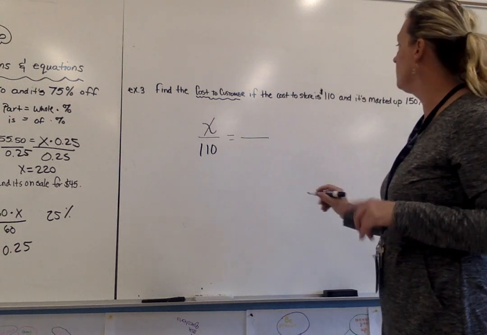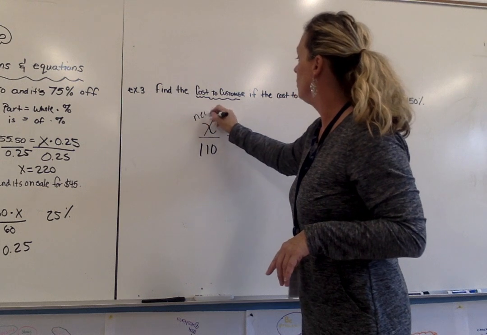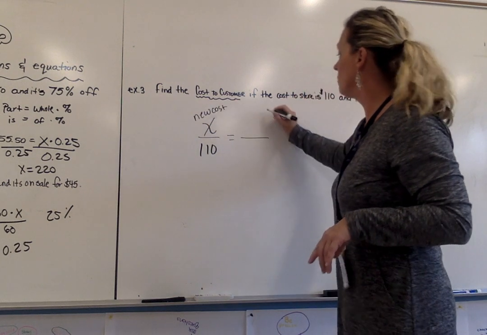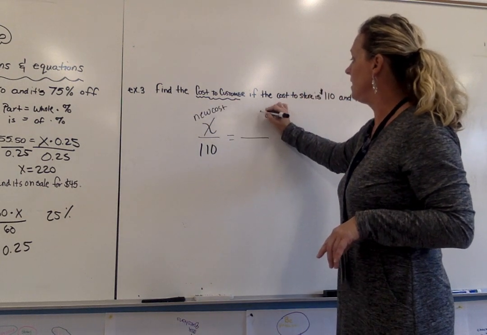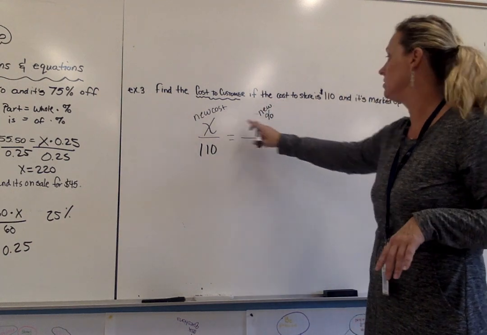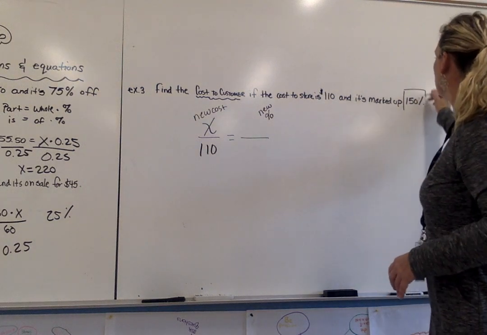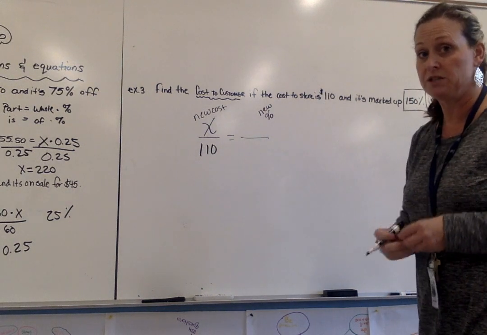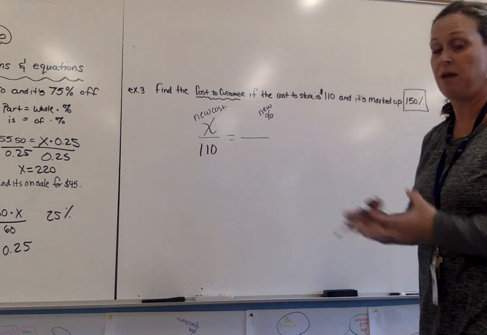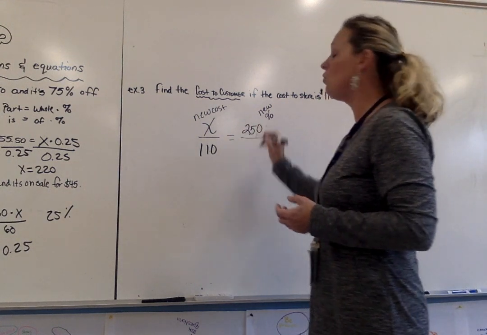Now, as I go ahead and look at this, this is the new cost. So this percent has to be the new percent, or the cost to the customer. So this needs to be the percent to the customer. The percent to the customer isn't 150% because I have to go ahead and pay the original 100%. So this new percent is 250%